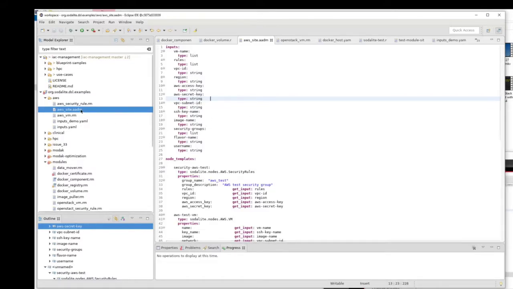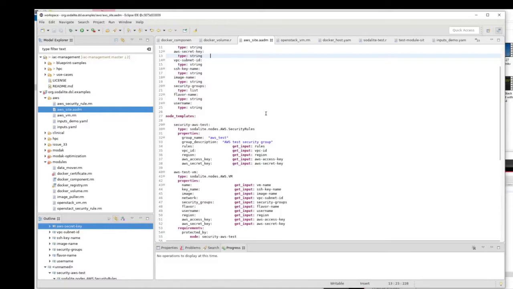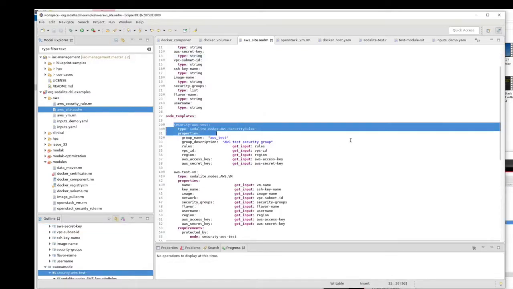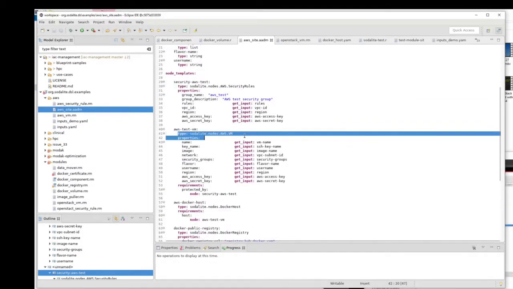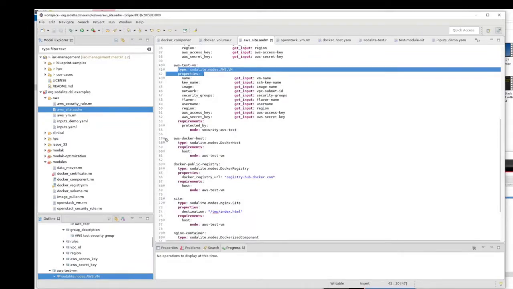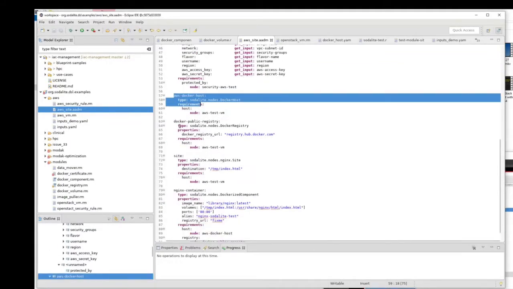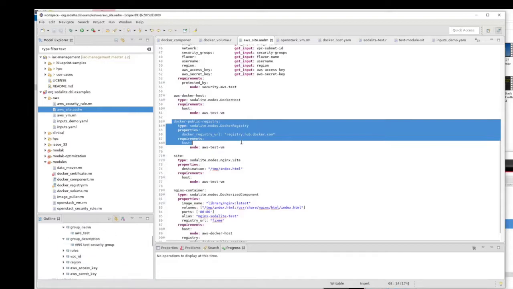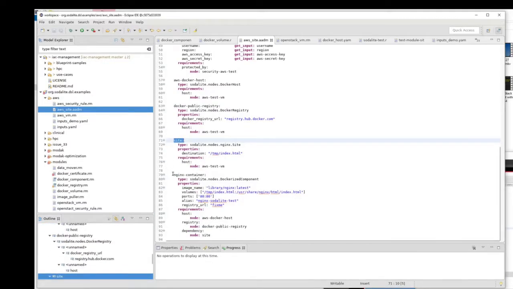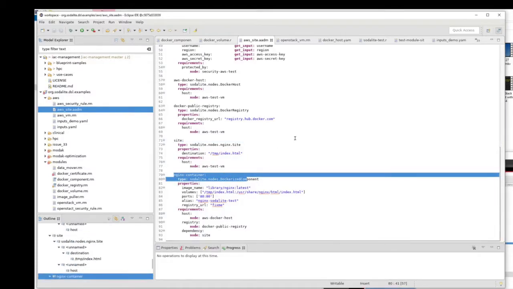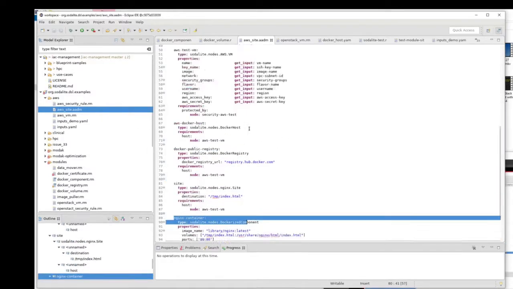First, the orchestrator will create security rules that would allow access to HTTP ports. Then, an AWS virtual machine would be provisioned using the blueprint inputs. The orchestrator then connects via SSH to the VM and the Docker engine is installed. A reference to the Docker registry with the required container is created, then the HTML site, and the last part of deployment is the Nginx container that hosts this HTML site.